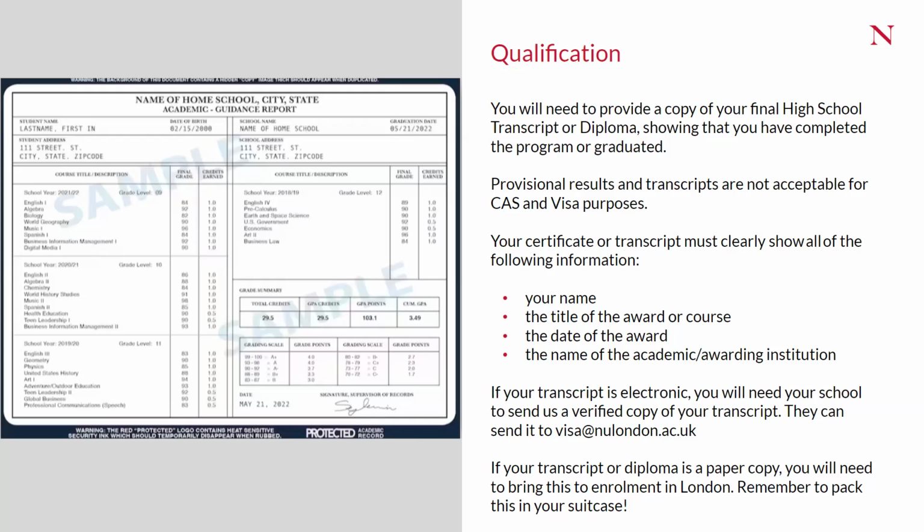Your certificate or transcript must clearly show all of the following information: your name, the title of the award or course, the date of the award, the name of the academic/awarding institution. If your transcript is electronic, you will need your school to send us a verified copy of your transcript. They can send it to